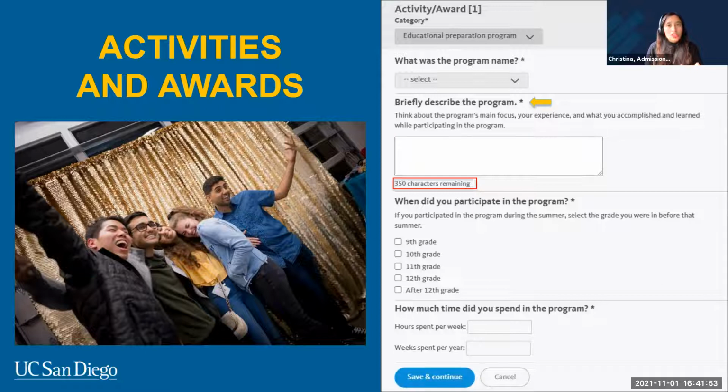Give us a brief description of what you did in that club, organization, internship, job, research opportunity, anything that you're going to be listing, and then how many hours per week and how many weeks per year you participated in that. In our next slide, we're going to talk a little bit about,